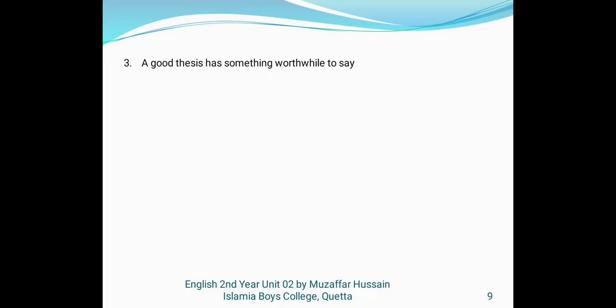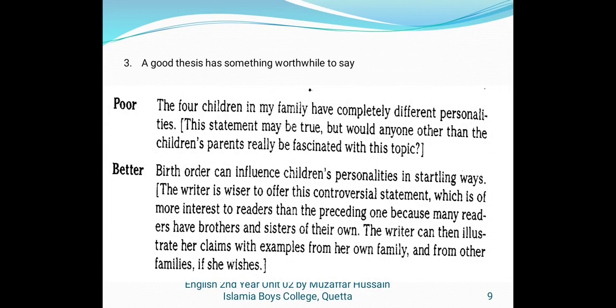A good thesis has something worthwhile to say. Now there are two examples of this statement. One is poor and one is better. The four children in my family have completely different personalities. This statement may be true, but would anyone other than the children's parents really be fascinated with this topic? Because you have just given a sentence. Better one: birth order can influence children's personalities in startling ways. The writer is wiser to offer this controversial statement, which is of more interest to readers than the preceding one,